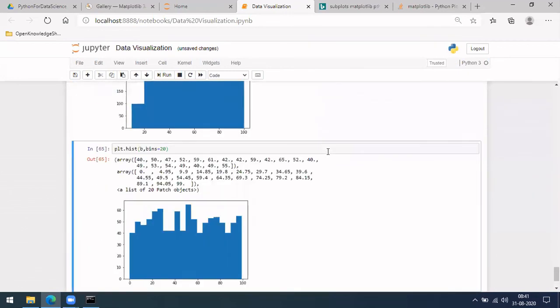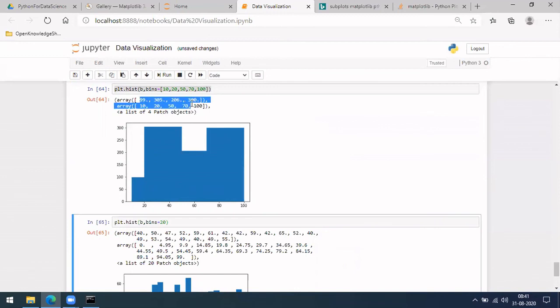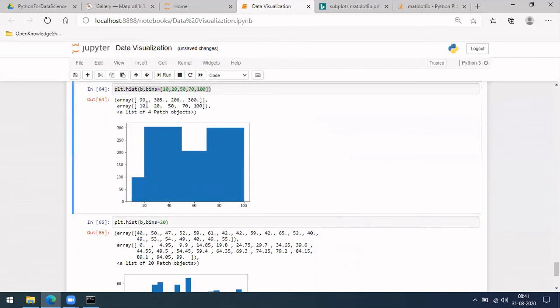Okay, let me also put both examples here. So this is what you got, and it has listed down. If you see here, it has listed down these rates. So this is giving you the values for those bins. Like there are 99 values in 10, and then 10 to 20 there are 305, and till 50 there are like this one. So something like this. Okay, so first one is 0. Actually, you have 4 values.